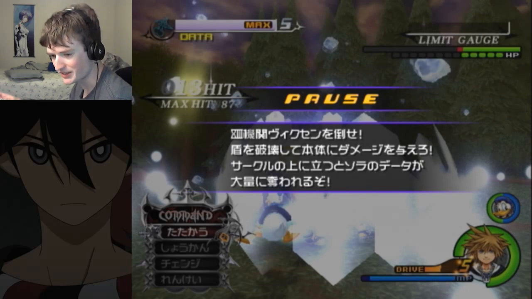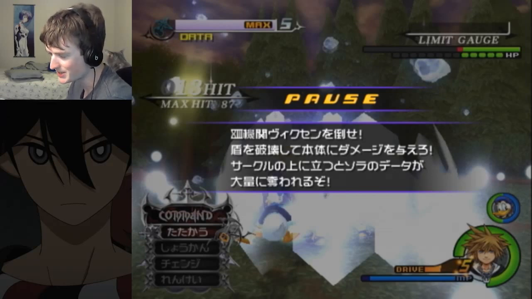And then from this point right here, you want to do the same thing that I did before when I reverted from final form the first time, where I threw the ether and then did a sliding dash into Firaga. It's the same concept here. You don't have to throw an ether. It's just stunning him and making sure that your